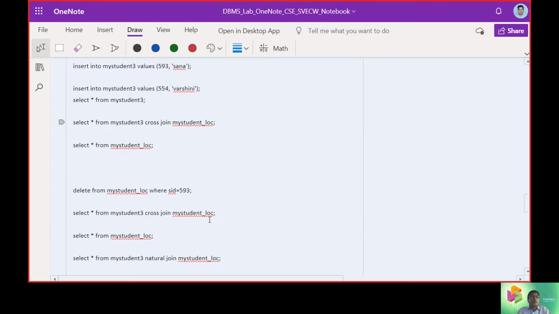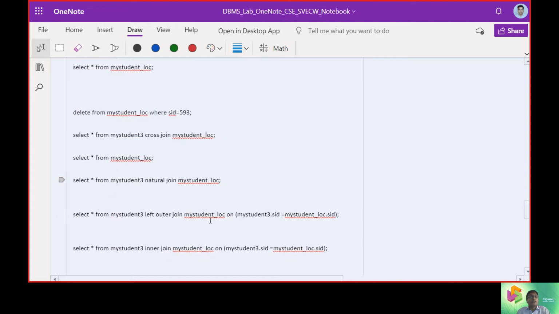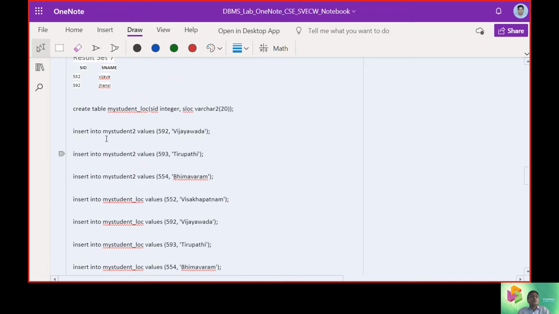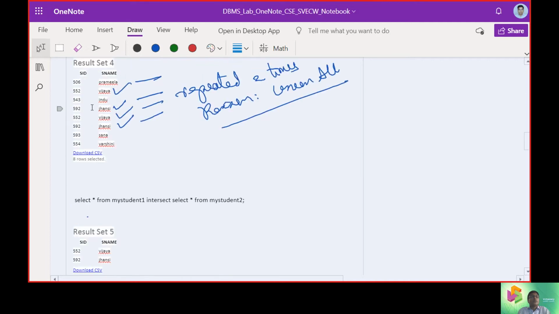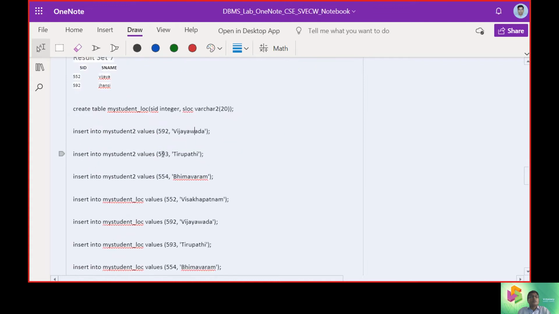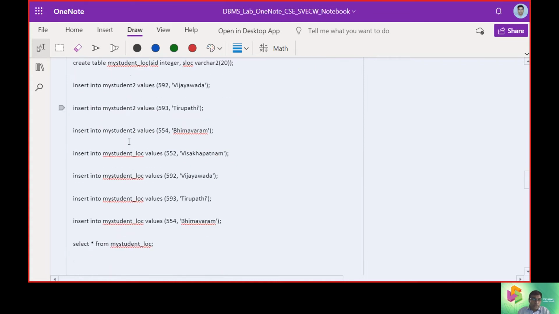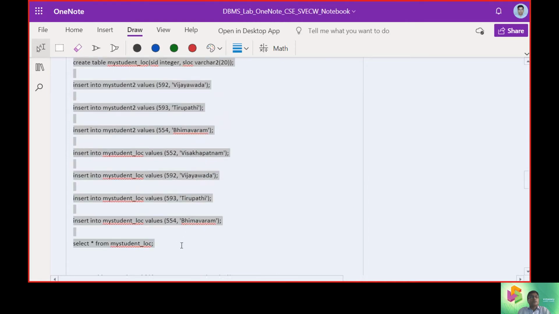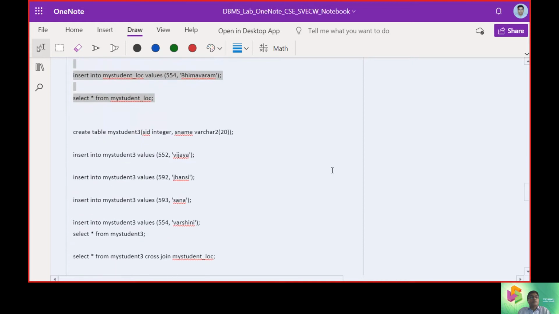Now let us extend our work towards other logical inferences with joins, etc. What we are going to do is create one more table called my student location. It gives the place where the students are residing. We will use the same students 6, 52, 43, etc., but we will place this table separately and use it to link table 1 with link table 2. That was the foremost way we want to take this up.